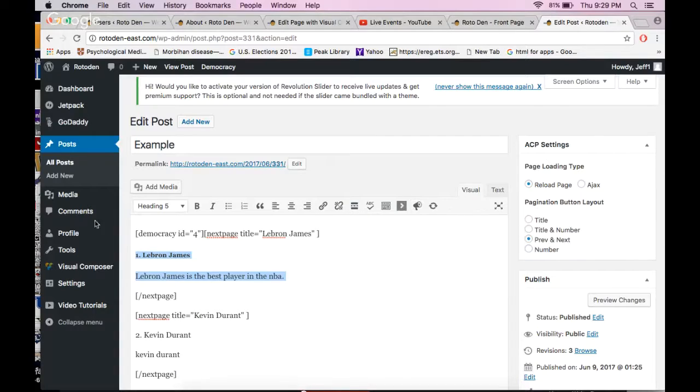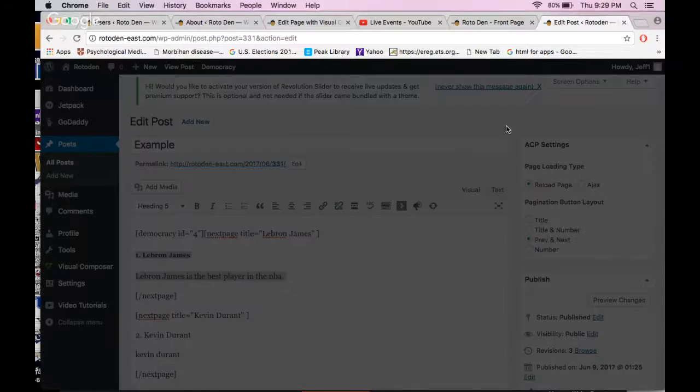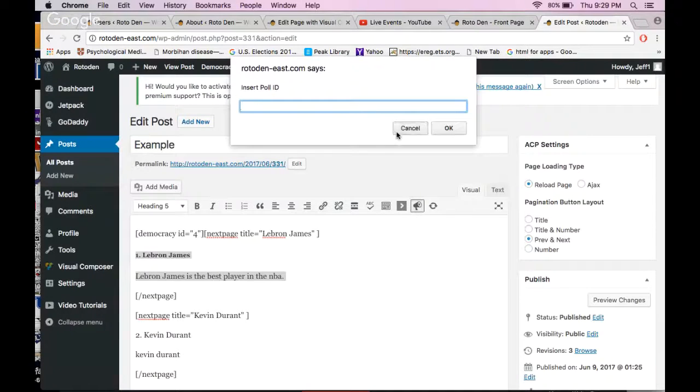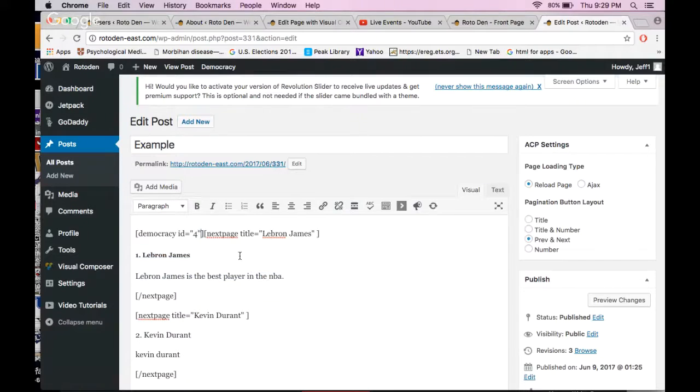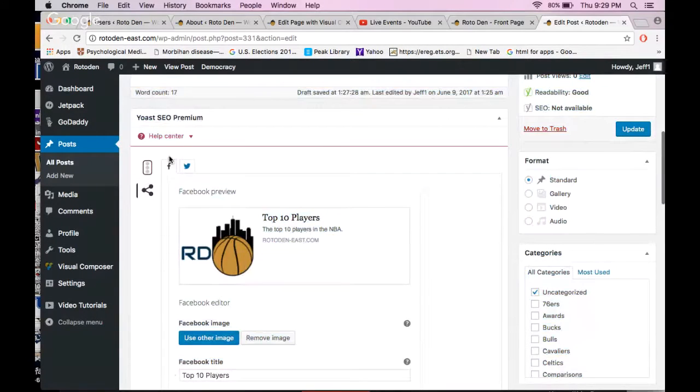Polls: first you have to save your post. You don't even have to save it, because it'll save automatically as a draft. You go on settings, go to democracy poll, add new poll, make the poll, get the ID, go here, and just insert the ID like I did here, and it'll come up, it'll be fine. Last but not least, you can plug it on social media,